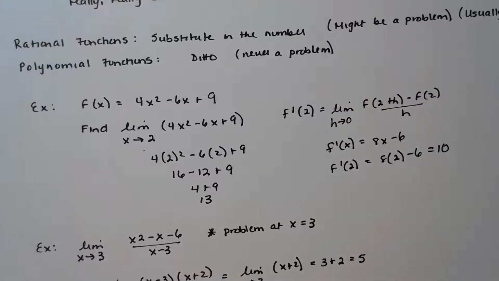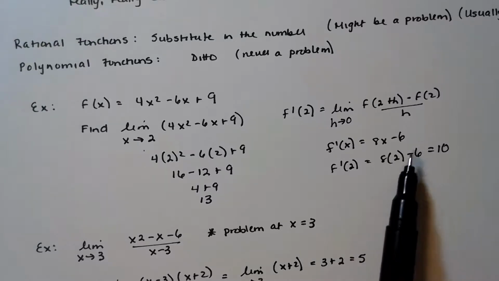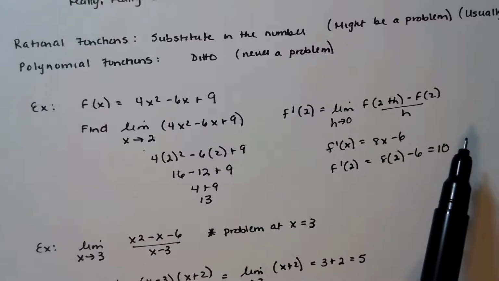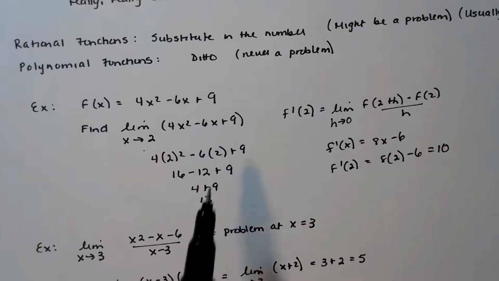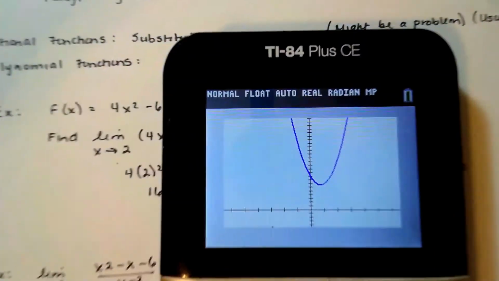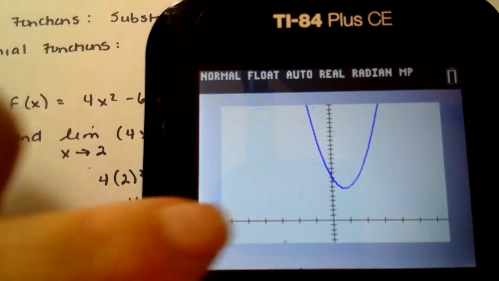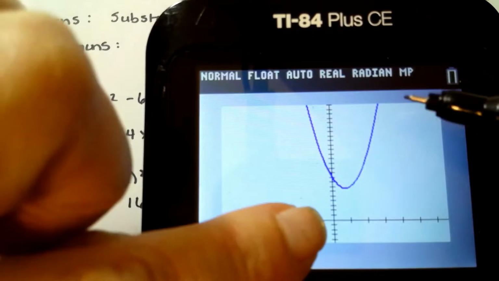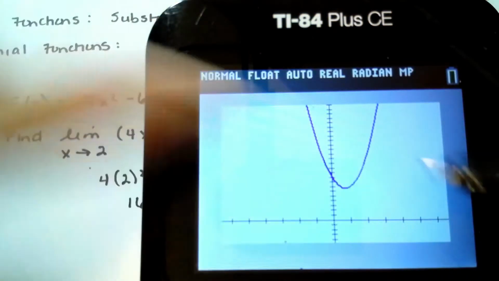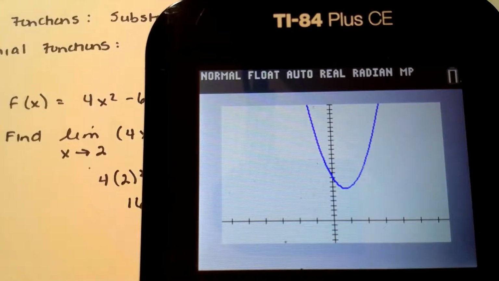So the slope of the tangent line at the point on this function when x is equal to 2 is 10. But the height of the function, the limit, if I take my limit and my fingers and I go from the left and the right to where x is equal to 2, and I get really close to the edge of that point, to the edge of the round swimming pool, but I don't jump in,